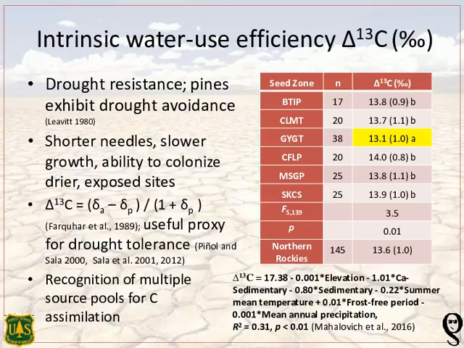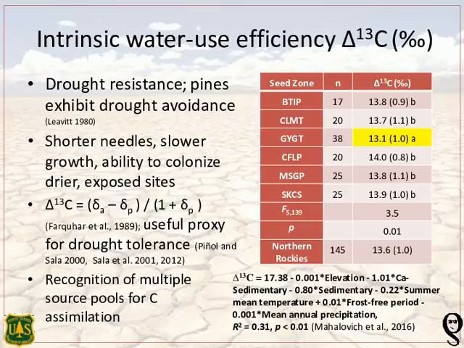And the way that we assess drought tolerance in our program is through stable isotope analysis and using Farquhar's linear approximation of intrinsic water use efficiency. But you can't just stop there and say that carbon stable isotope discrimination equates to drought tolerance. You need to follow it up with field studies on stomatal control and leaf area, stomatal conductance, and we had the advantage of being able to corroborate that relationship with work that was done by Anna Sala and others and